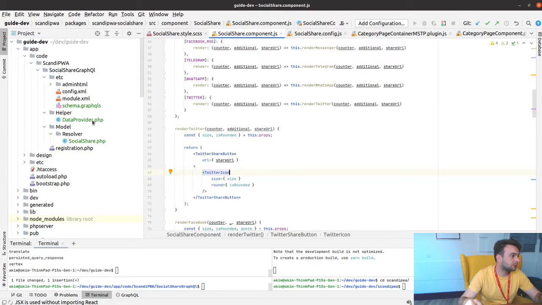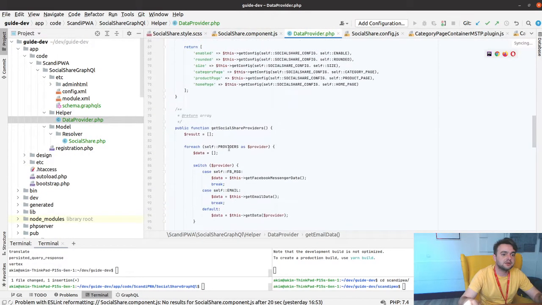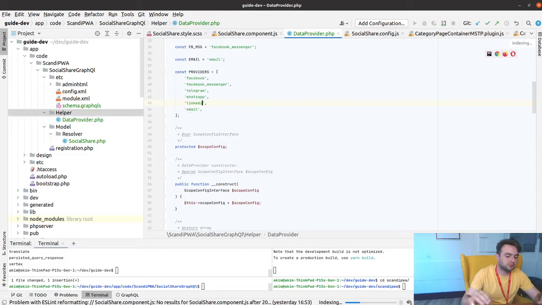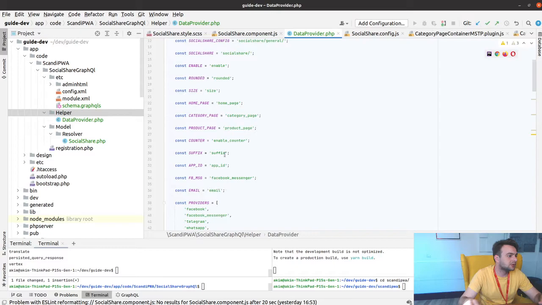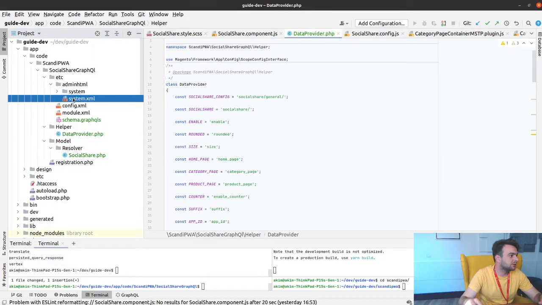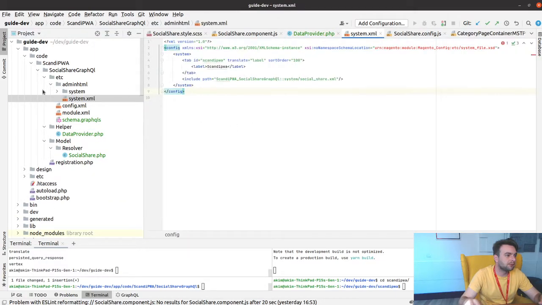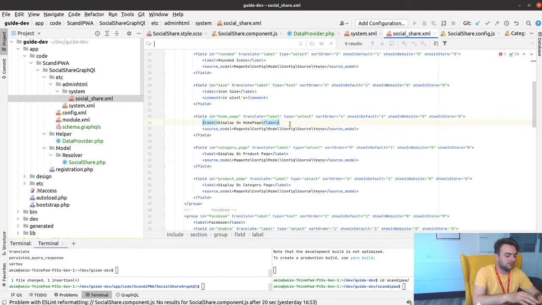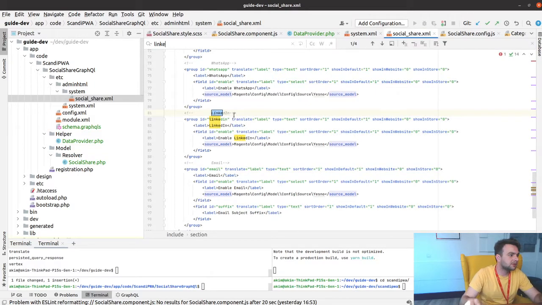Let's go to our backend data provider. Let's add a Twitter data provider instead of LinkedIn. Twitter, and I think nothing more here needs to be changed. Let's go to our system and let's find LinkedIn here. Just replace it with Twitter,